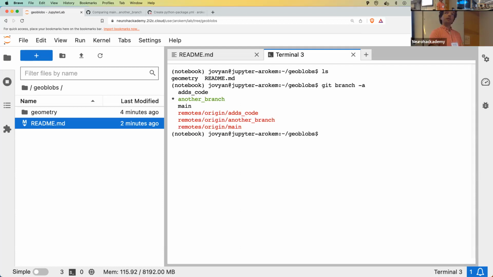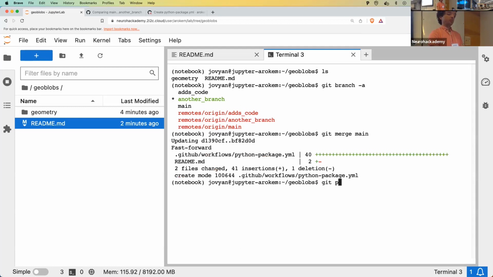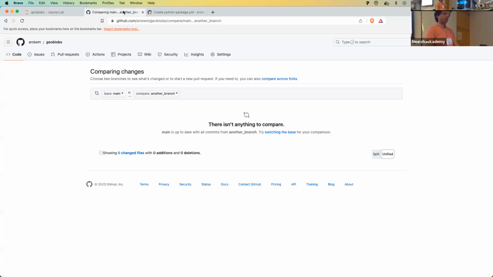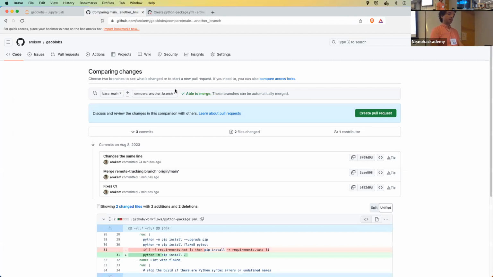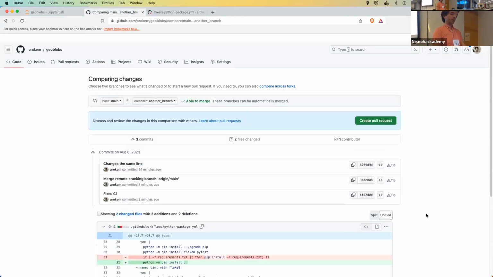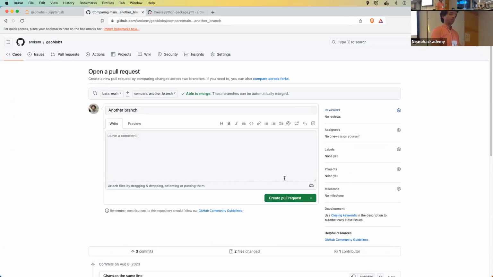I think the problem is that I made the commit adding this continuous integration stuff on main, not on another branch. So now I'm going to merge main into this one. And now I'm going to push origin another branch. Such that now having done that and comparing that to that, I now do have some additional changes in here. Okay. So now when I create the pull request,